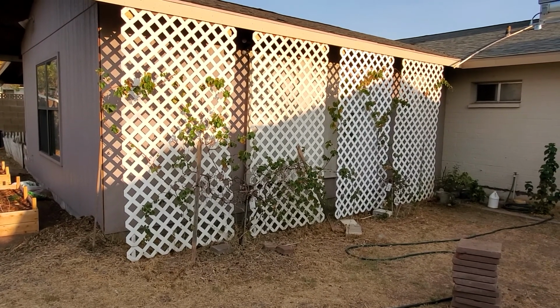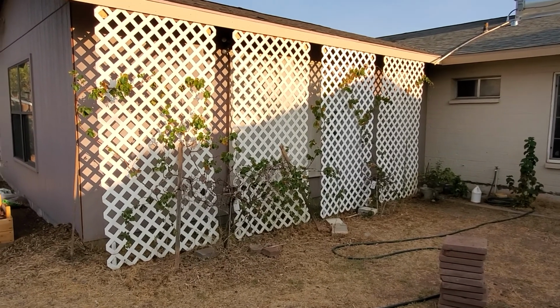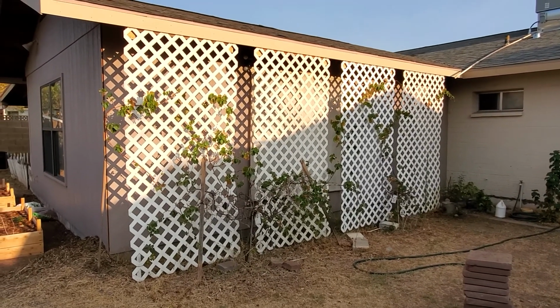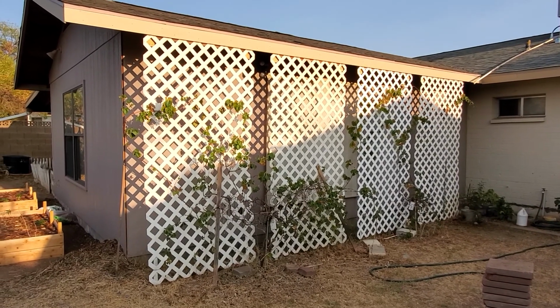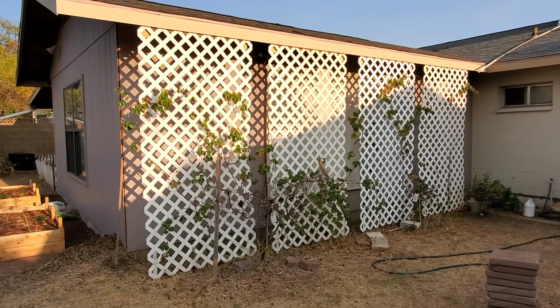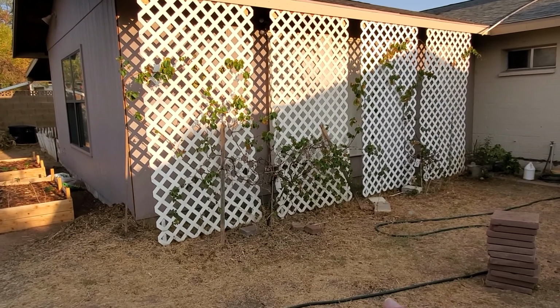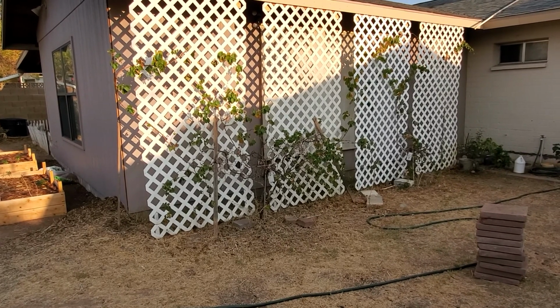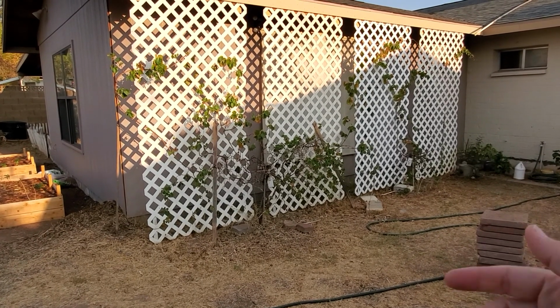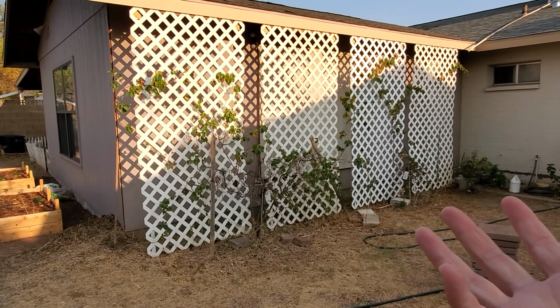We did get a small harvest of grapes this year, and they were delicious and sweet. I couldn't believe how good they were off of these vines. So I'm really excited about pouring some energy into that. This fall and winter, we're definitely going to be doing some work in the soil right here and doing everything we can to research and learn about how to make these a big producer of grapes in our yard